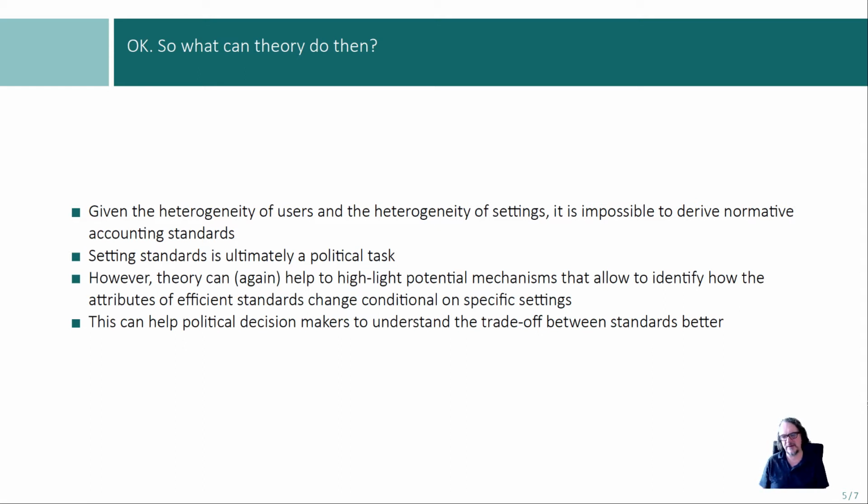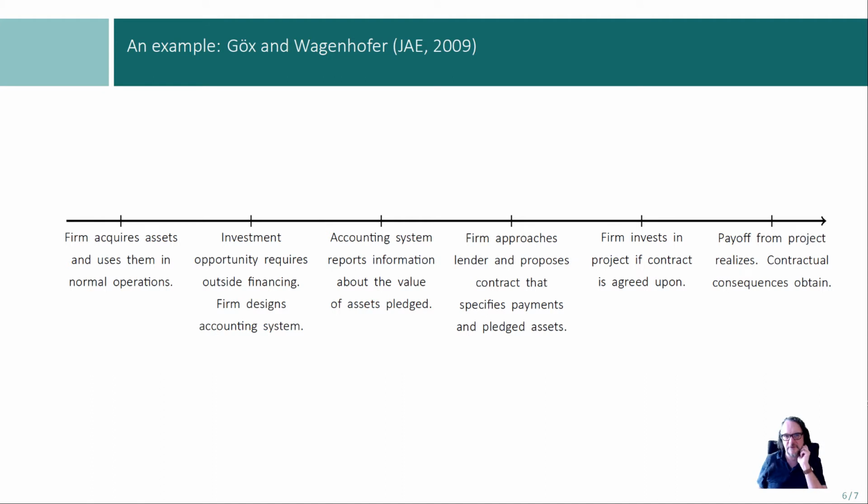If you have to standardize over multiple settings and have to reach general rules, then you have to balance all these different mechanisms that are in play, and you have to come up with a reasonable argument that supports the general rule that you suggest. Okay? So now I want to give you an example for a very nice paper that actually makes such an